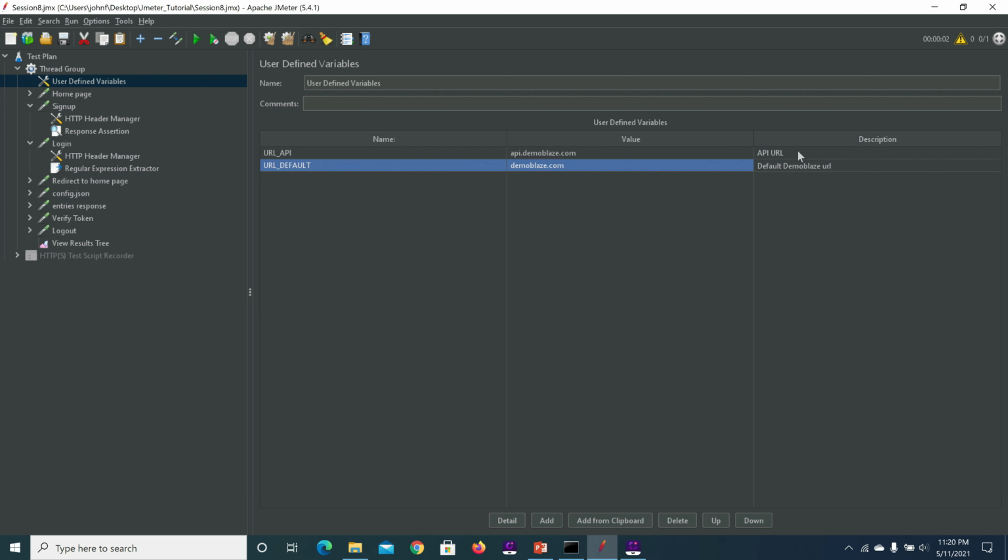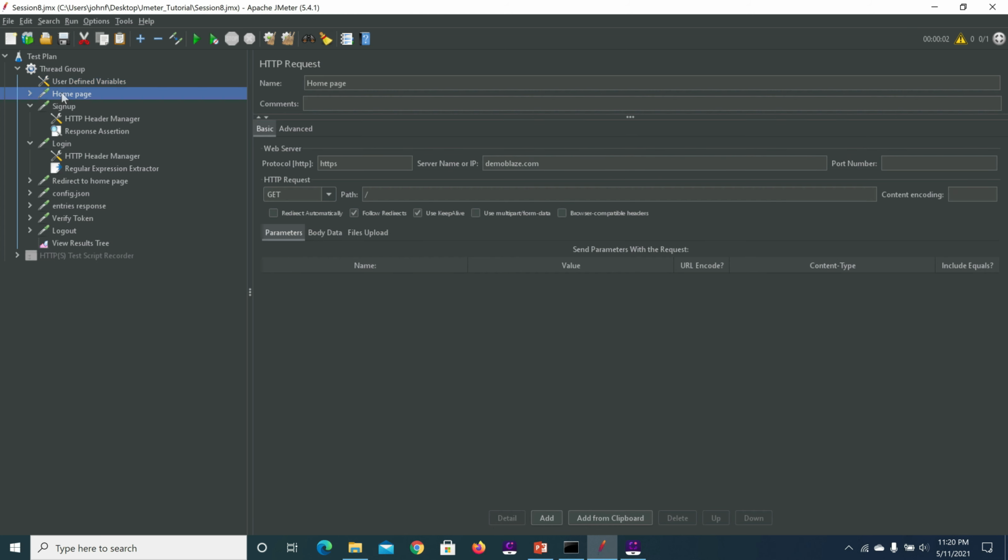This one I have mentioned in the description. It is an API URL, and this one is the default demo place URL. I'm saving this now. Now we have to pass these variables to all the requests.